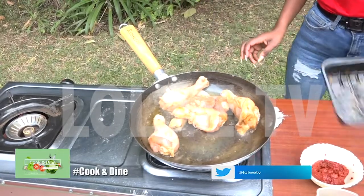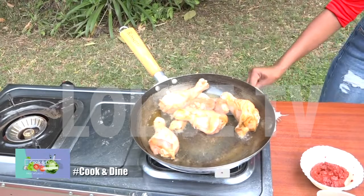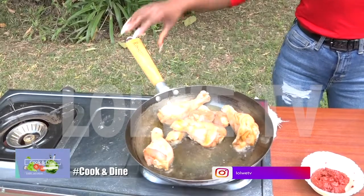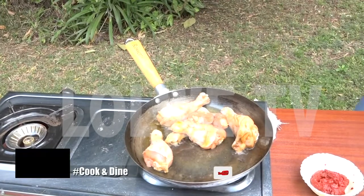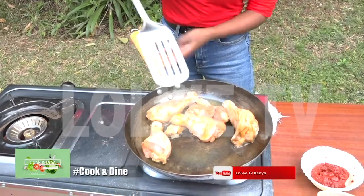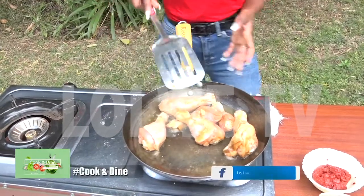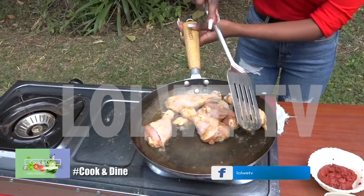And then I'm gonna keep this for now. So as you can see, our chicken is frying. So I'd reduce the fire just a bit. I'm gonna add a little bit too. And also be very careful at this point because you don't want